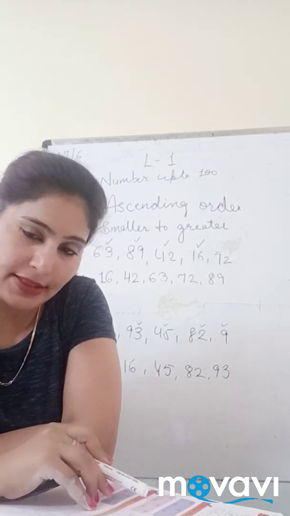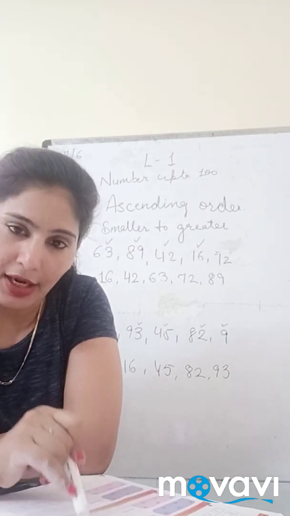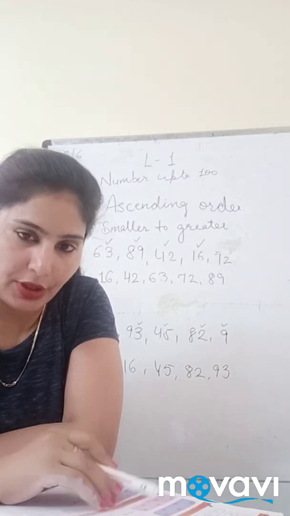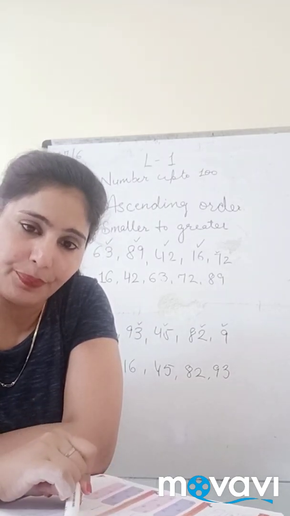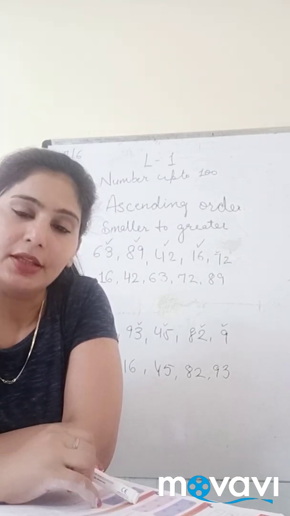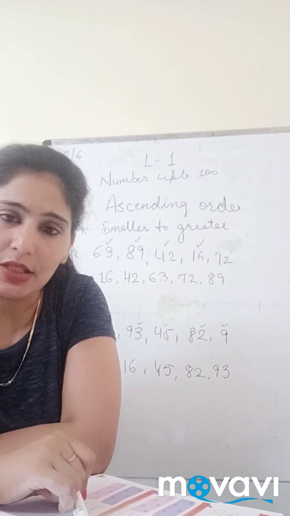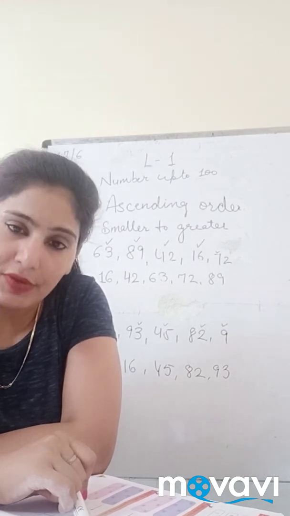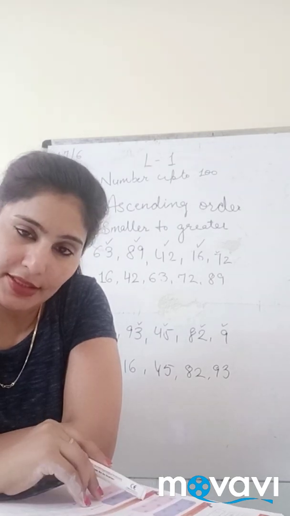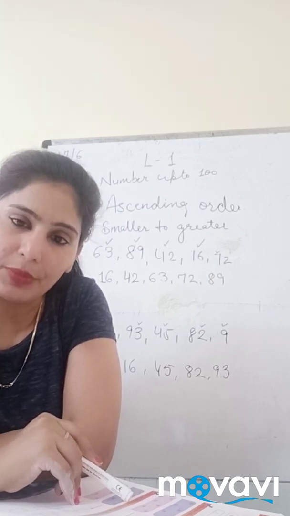After 47 I can see that there is the number 74, which is bigger than 47 and smaller than the other numbers, so I'll write 74 here and put a tick on 74. Now 89, I'll put a tick on 89 and I'll write 89 in the box. And then the last number is 98. The last number we have is 98, so we will write 98 here and then we will complete this question. Now student, we will check the answer again. The first number is 39, second is 47, third is 74, then 89, then 98. In this way we will complete this question.